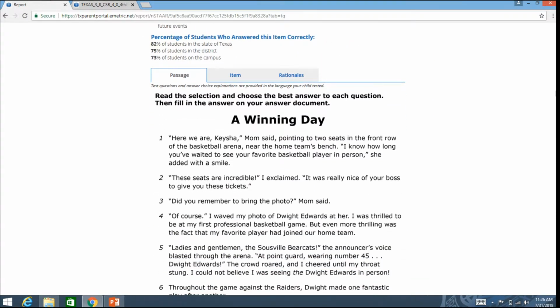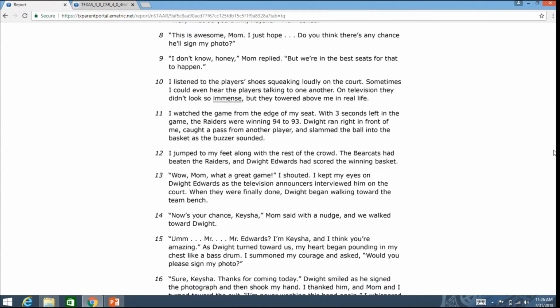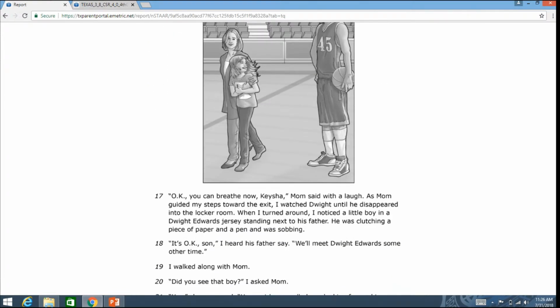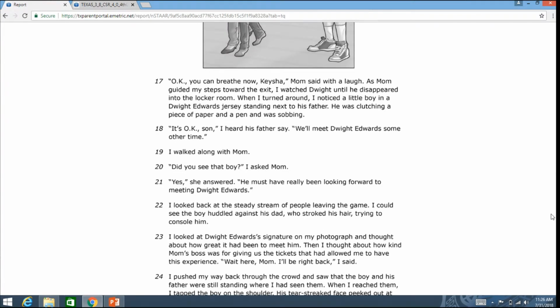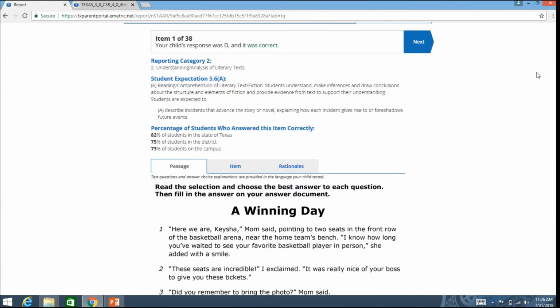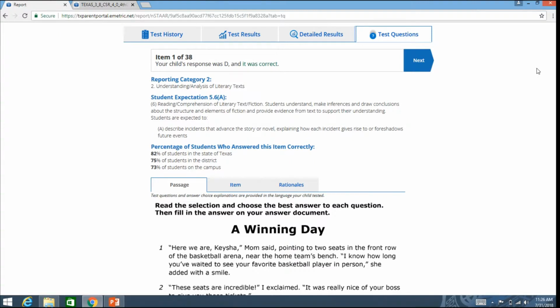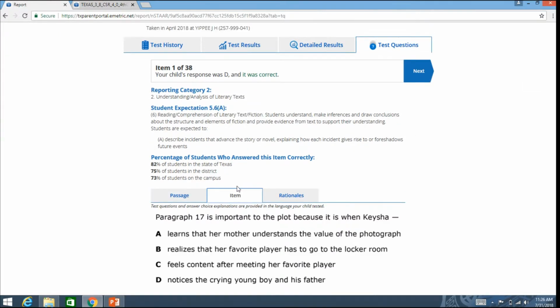If there is a passage linked to the questions, that is also provided. So this tool can be used to review the questions and passages that were provided on the given exam. And in this section of the portal, you're also able to view the items that were linked to that passage,